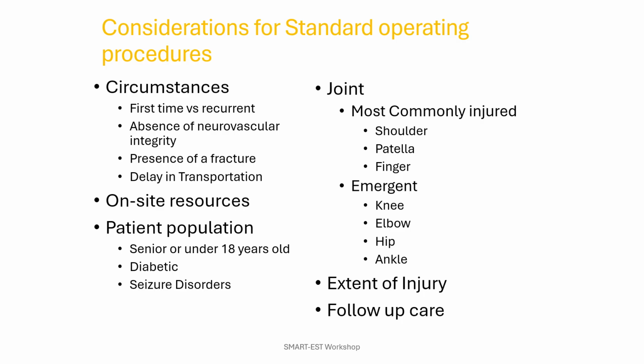Keep in mind that the most commonly injured joints, the shoulder, the patella, the finger, can be readily reduced by a wide range of people, whereas the more emergent dislocations of the knee, elbow, hip, and ankle will require a more skilled clinician, and you should outline in your standard operating procedures who can attempt which reduction technique to which joints, and you should try to be as specific as possible in the technique that they